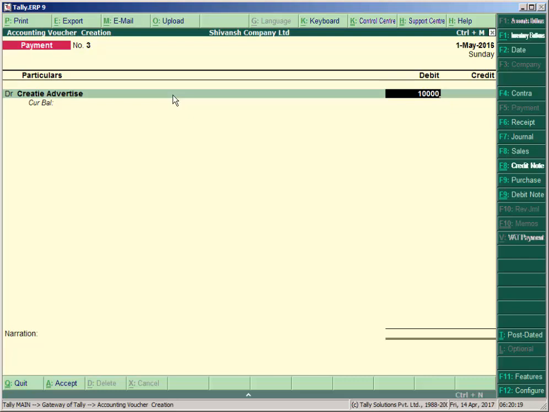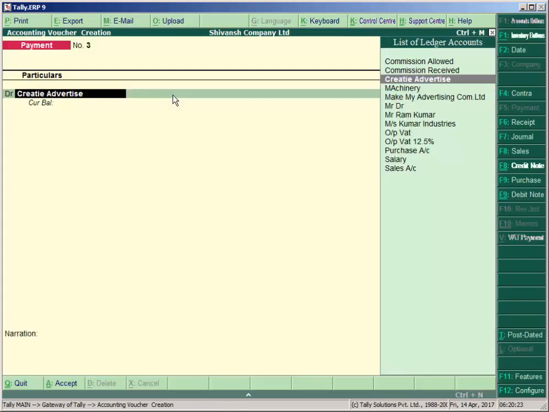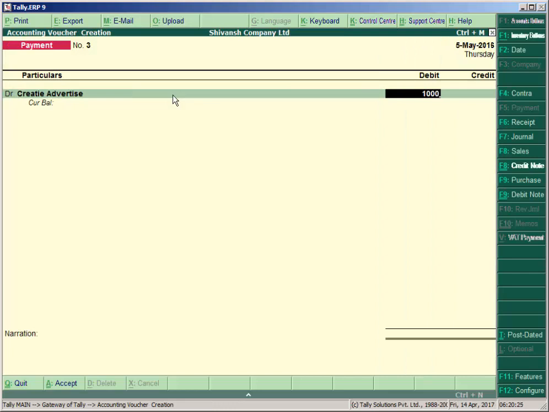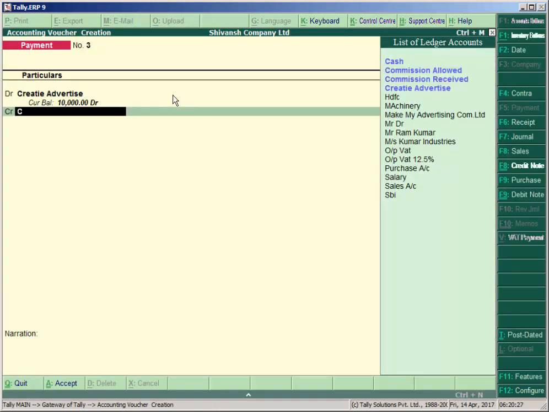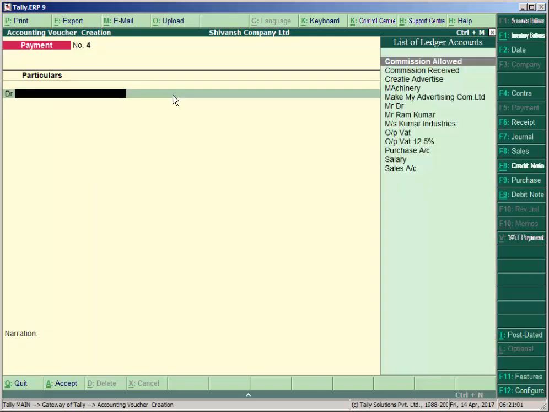The amount is 10,000 here. Before that press F2 key and change the date to 5th May, amount 10,000 by cash, payment to Creative Advertise, and accept it.